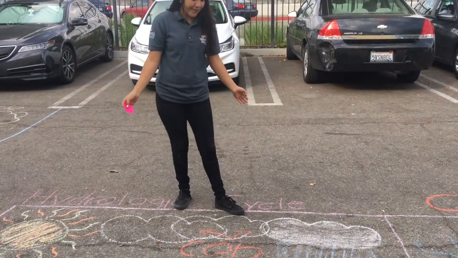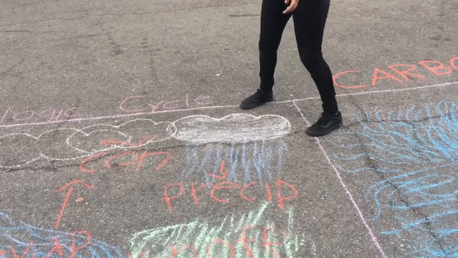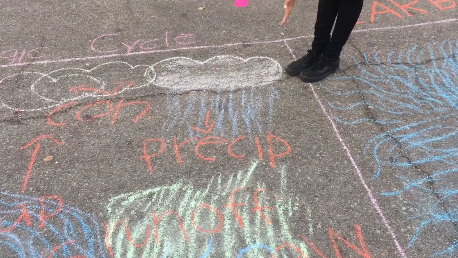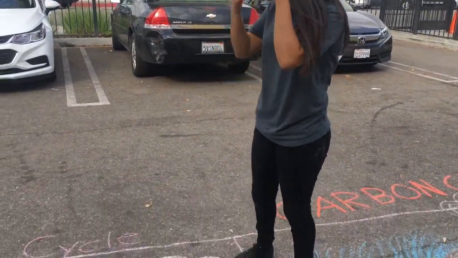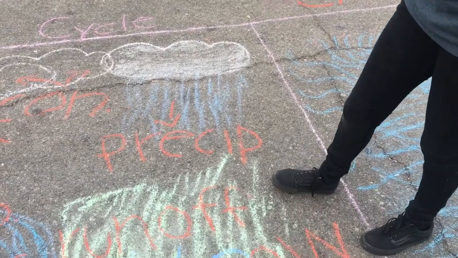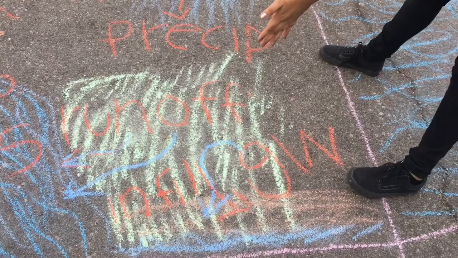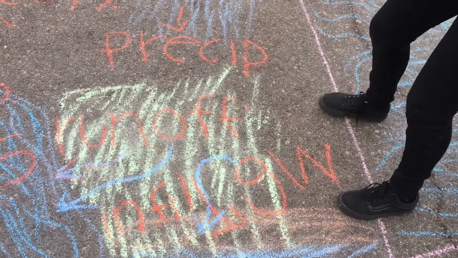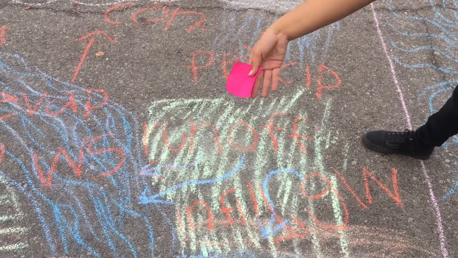And then from there, the clouds let go of the water that's in the clouds through precipitation. Here is rain, but it can also happen through hail or snow. And then the precipitation on the land is taken up by the plants. Here is grass, and it goes through the runoff, which is on the surface, which runs off to the river,